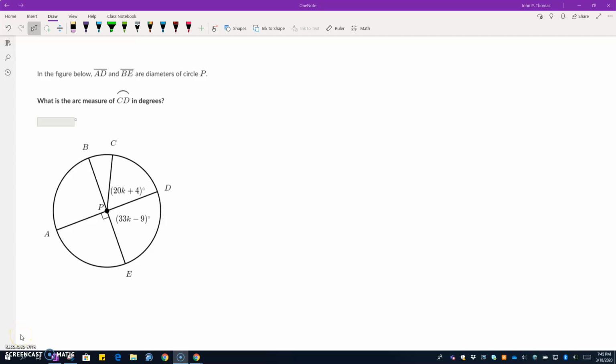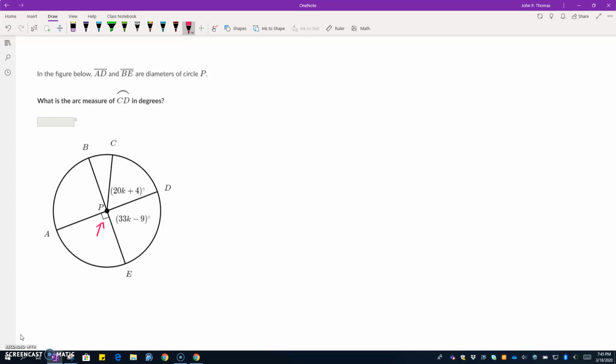All right, so here's the second most missed question from the quiz. On this one it says in figure AD, or in the figure below, segment AD and BE are diameters of the circle. What is the measure of arc CD in degrees? So first thing we're going to notice is that we've got a 90-degree angle marker right there, so those two